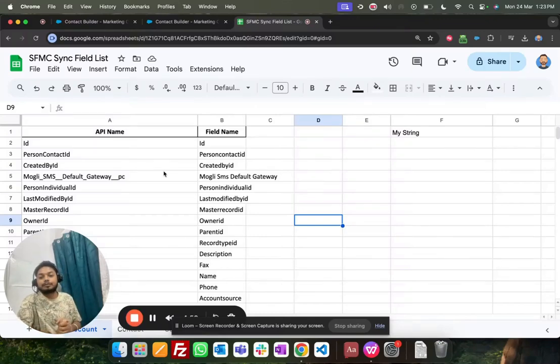Hi everyone. As a Marketing Cloud developer, when you are doing a Marketing Cloud implementation for a new org, which is basically the initial stage of implementation, if you are syncing your Marketing Cloud account with Salesforce CRM, you do it with Marketing Cloud Connect. And typically there is a step which is syncing all the different objects and fields from Salesforce CRM to